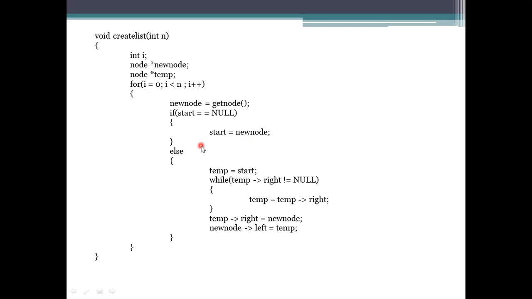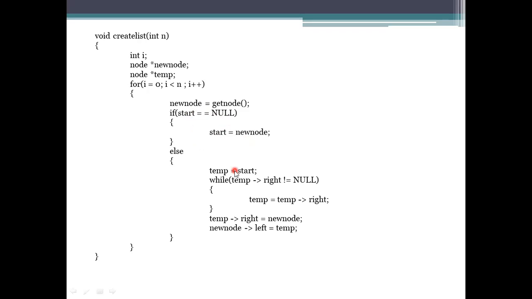After processing the new node, we will again check whether start is equal to null or not. It won't be null; it will be some other memory location, meaning it has some data there. So here there is no need to create a new start node. Just take the other representation and create the other node.